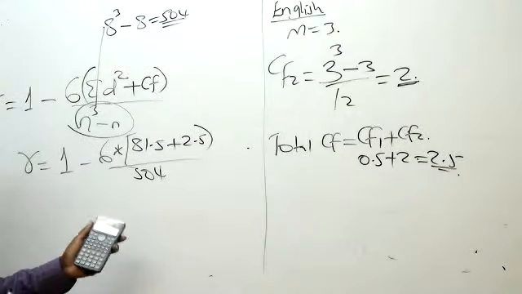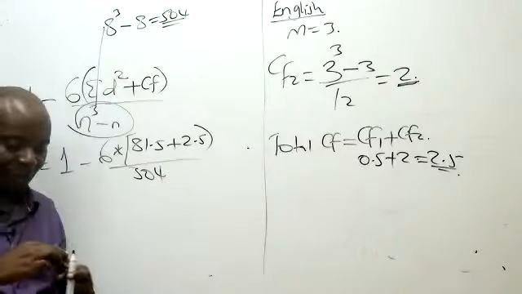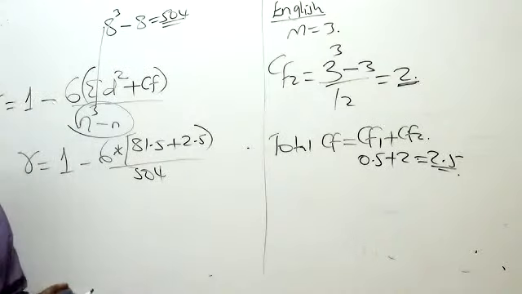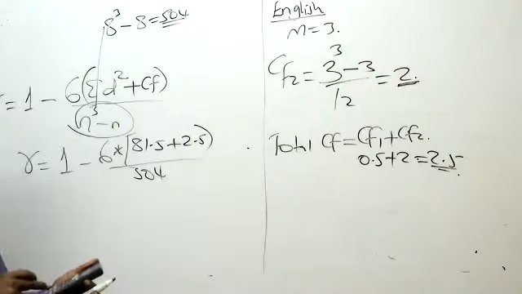Mine, I think, has a battery issue. See the problem. So it will be 6 times brackets here 81.5 plus 2.5 close, divided by 504, which gives me 1 exactly. Then now 1 minus 1